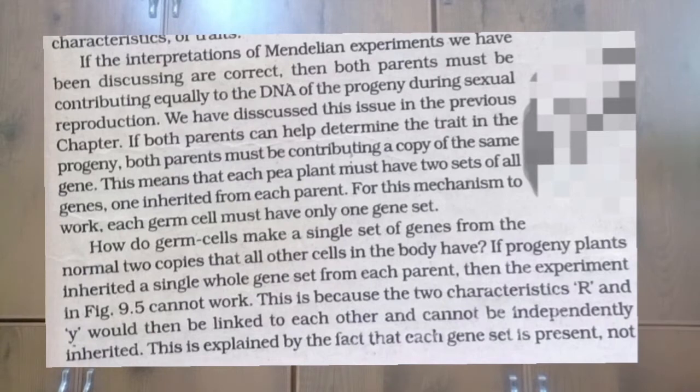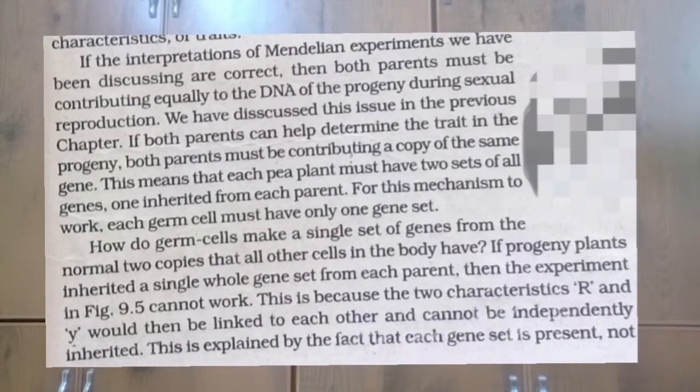This is because the two characteristics, capital R and small y, would then be linked to each other and cannot be independently inherited. This is explained by the fact that each gene set is present